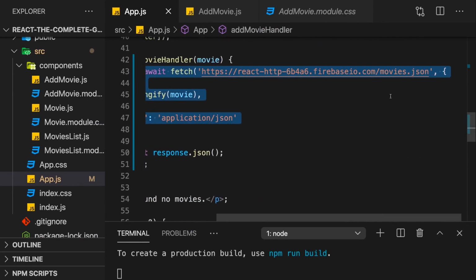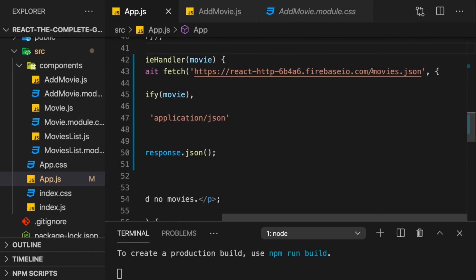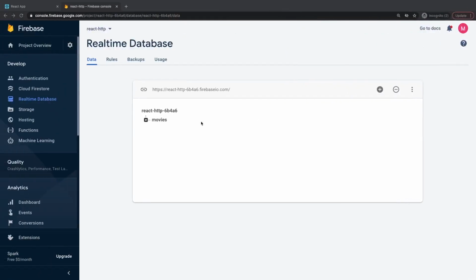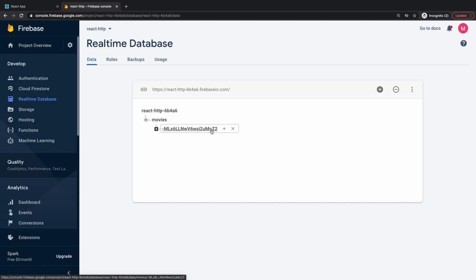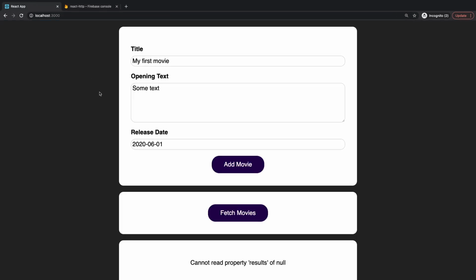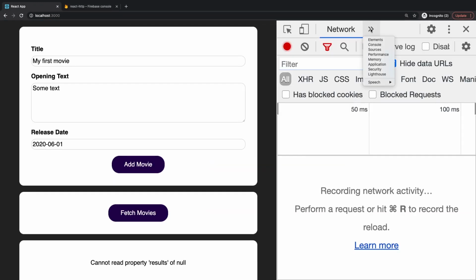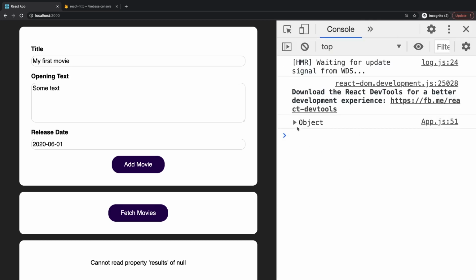Because we sent this request to /movies here. And in that movies node, you find this cryptic ID, which was auto-generated by Firebase. And there you find the data which was sent. So this worked. In the React app, if you open the developer tools, in the JavaScript console, you should also